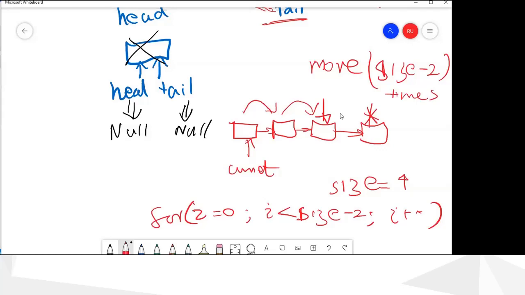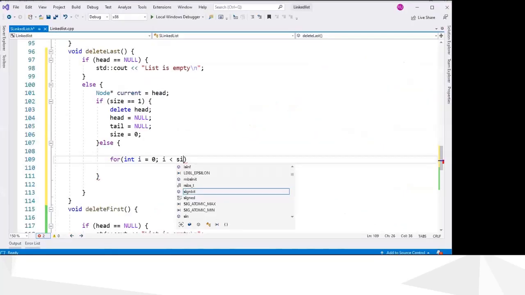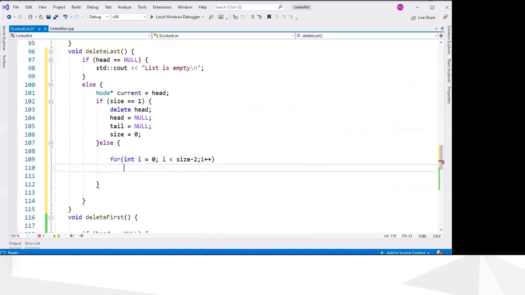So if you are not sure about the condition, you have to recheck. Okay, so size minus 2, i plus plus. Okay, so current equals current next.